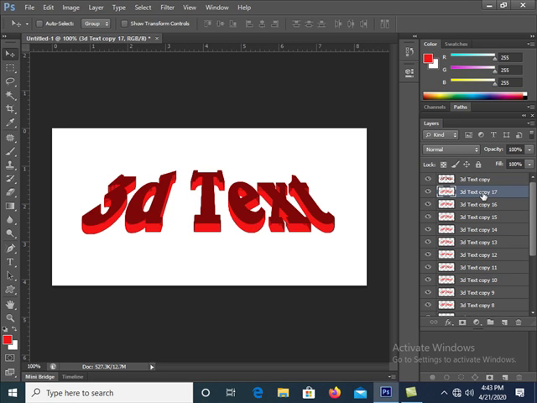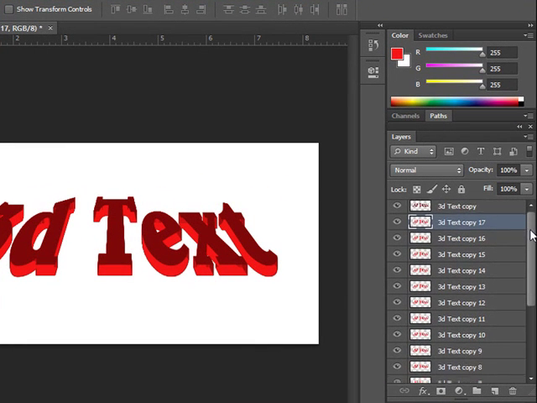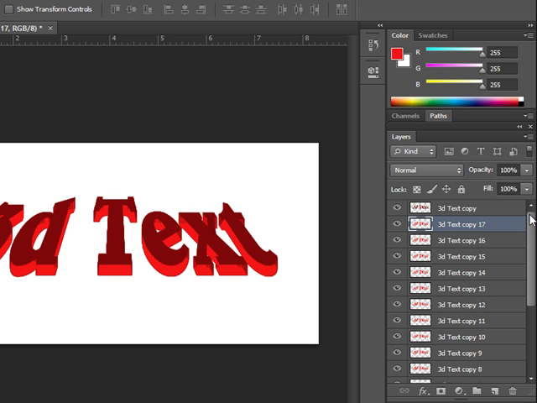It will create the extrusion effect of a 3D text. Now you see from the layer palettes we have created many layers. So except the top layer, select all the rest layers by holding down the shift key.